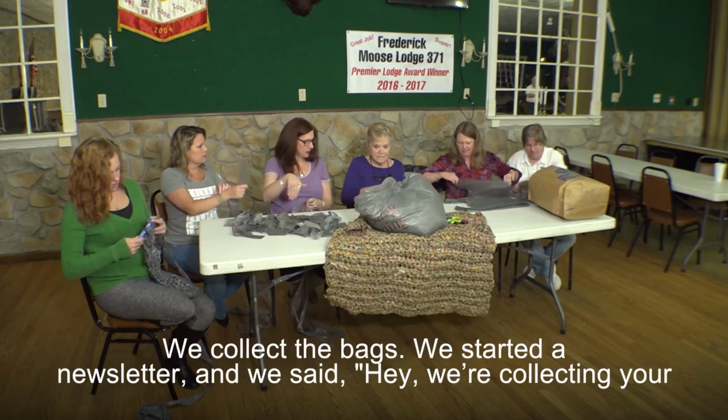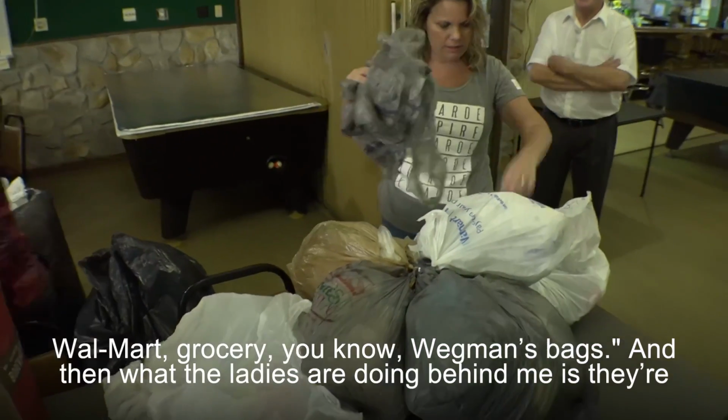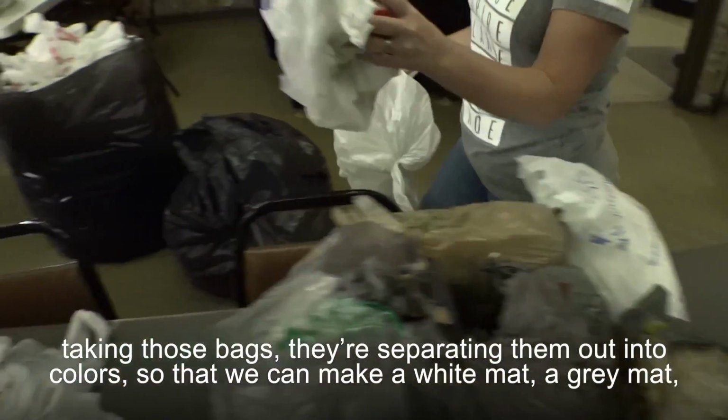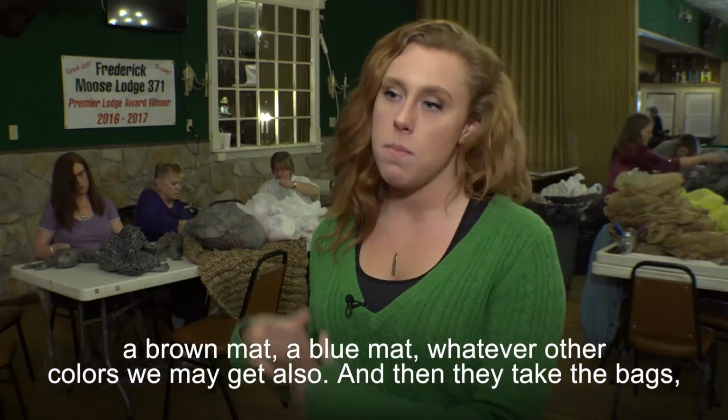We collect the bags. So we started a newsletter and we said, hey, we're collecting your Walmart, grocery, Wegmans bags. And then what the ladies are doing behind me is they're taking those bags, they're separating them out into colors so that we can make a white mat, a gray mat, a brown mat, a blue mat, whatever other colors